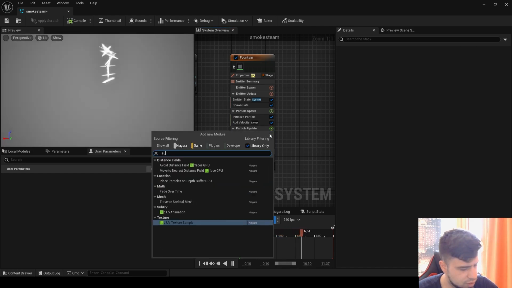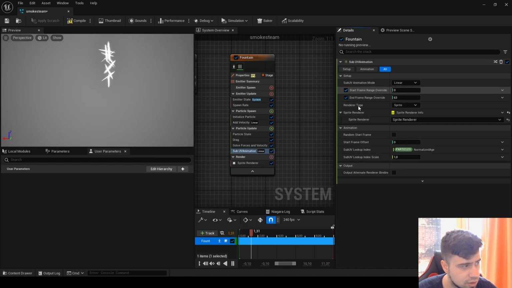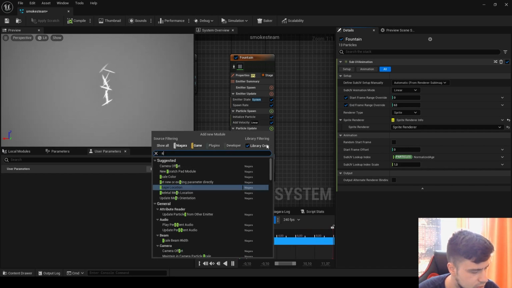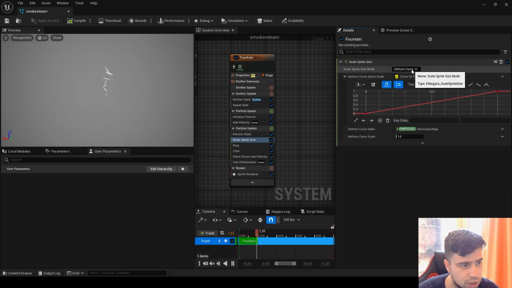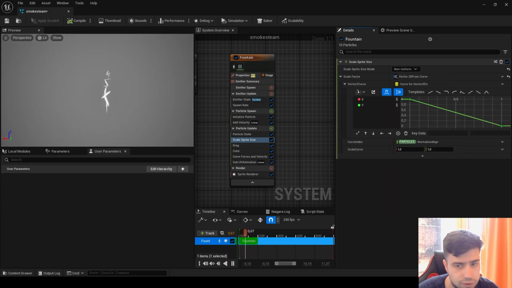So let's add a subview animation to take the animation from the sprites. So I will activate here, it has to be sprite renderer. And the thing which is really important for this effect to finish it is the scale sprite size. So here, scale sprite size. Okay, here it has to be non-uniform, vector to different curve. And now it's time to